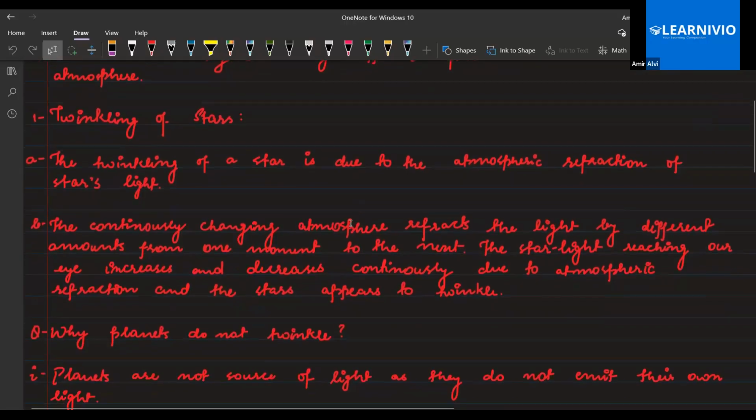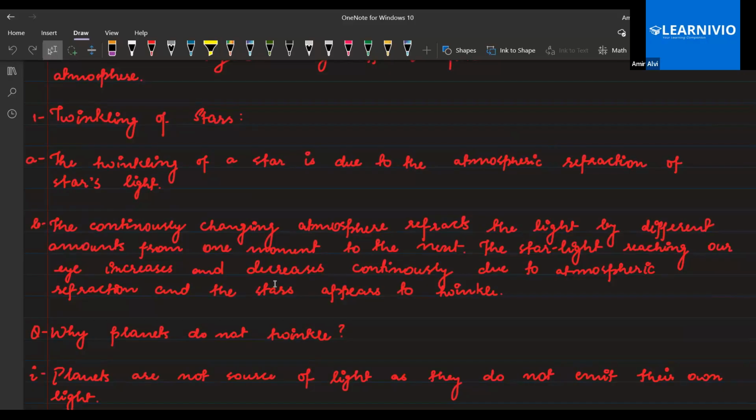The continuously changing atmosphere refracts the light by different amounts. When the light is coming from far objects, it is refracted a lot by the different layers, and due to this, we feel that the stars are twinkling. Clear, all of you? Yes, sir. So the starlight reaching our eye increases and decreases in intensity,